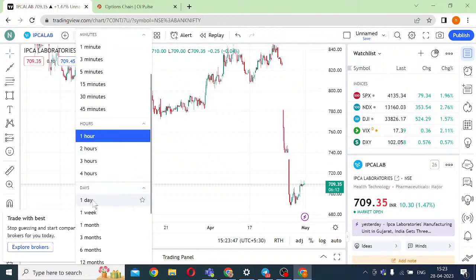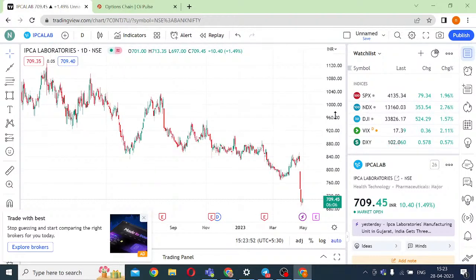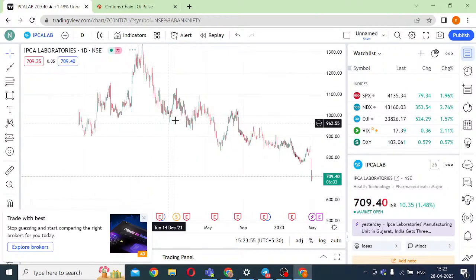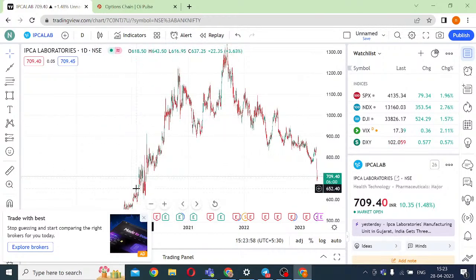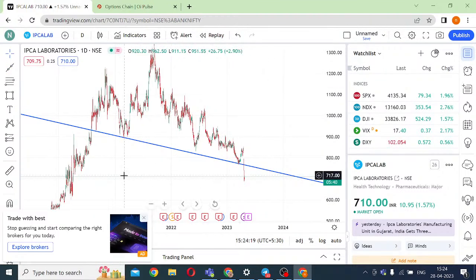IPCA Labs, Dushan Bhai, was in a free fall. Wait, it's trying to take support at a consolidation level from 2020. Pharma stocks, I'm not very keen right now because pharma stocks gave a good rally in 2020, 2021. At this point of time, it's trading below all the important supports it had created. I don't think I am looking at buying here. In fact, if it comes back to 752 and gives a bearish candle, I may want to short it again for the targets of 593.